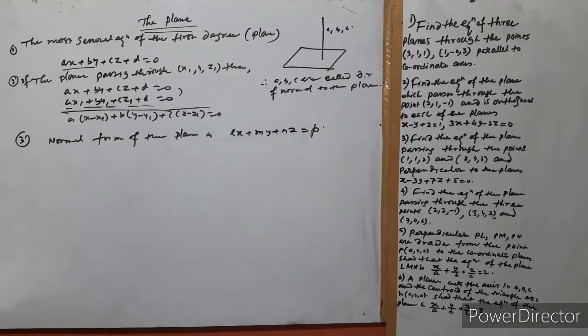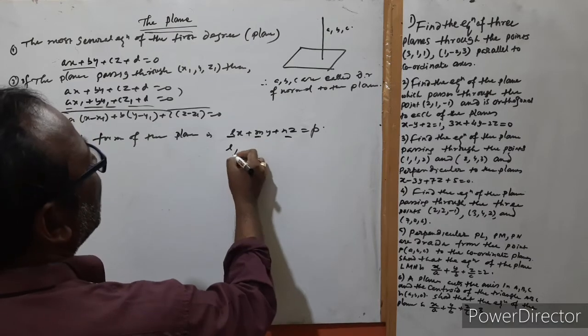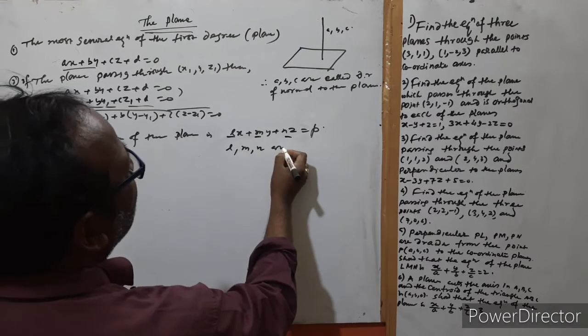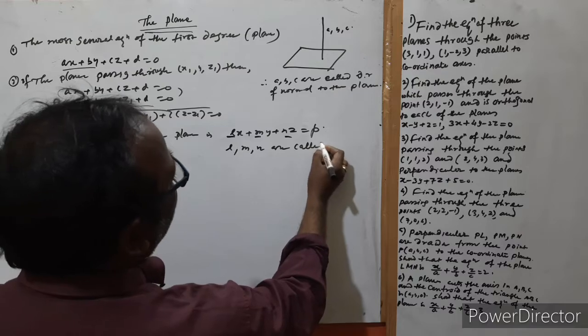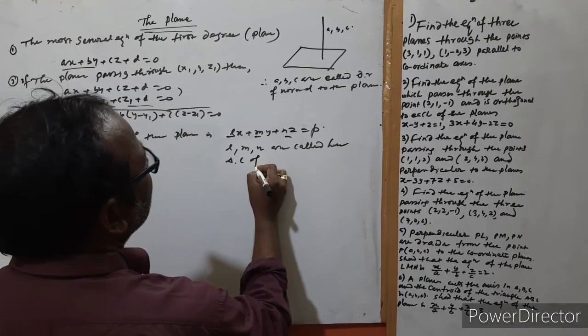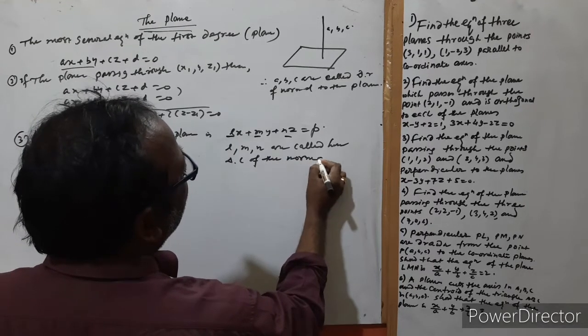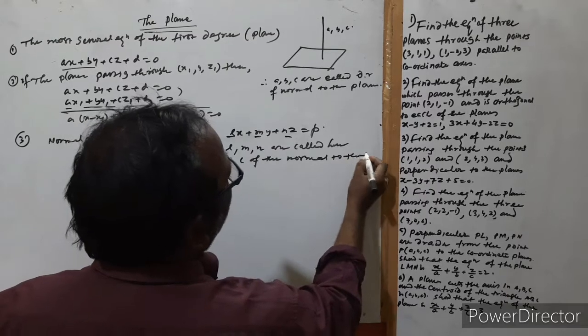This is called the normal form. Actually here l, m, n are called the direction cosines, the DC of the normal to the plane,